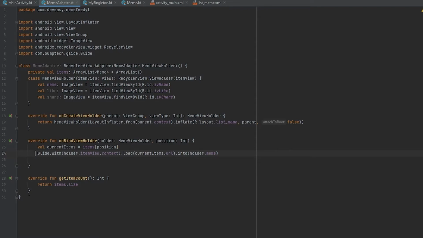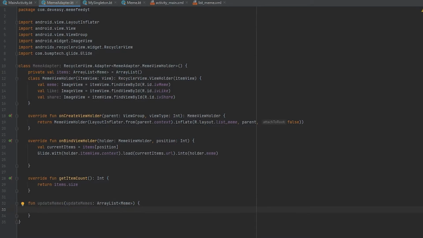Okay, and we need to add one more function to update our memes. We will create a function update memes, and this will have the parameter update memes, which is of type array list of meme.